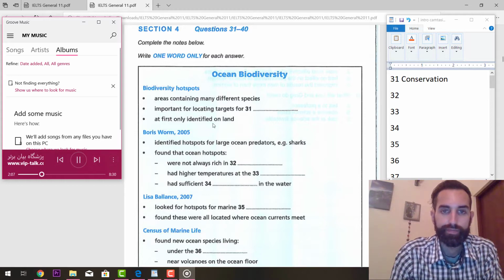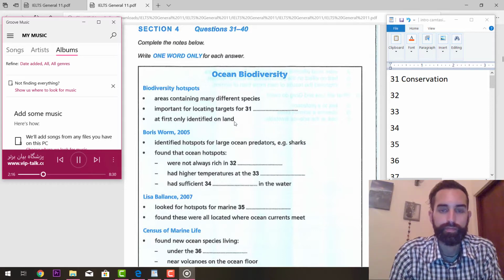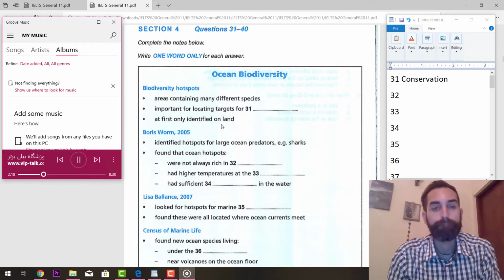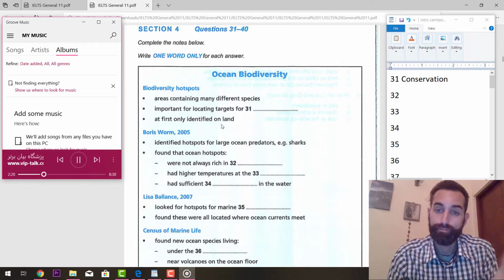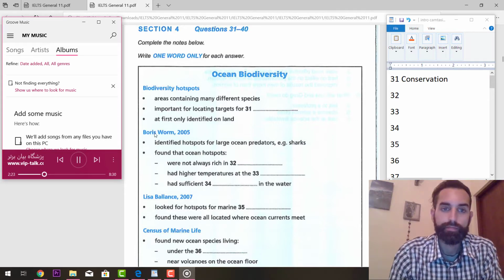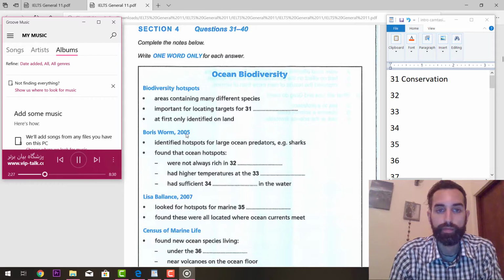Scientists can identify hotspots on land fairly easily, but until recently, very little was known about species distribution and diversity in the oceans, and no one even knew if hotspots existed there. Then a Canadian biologist called Boris Worm did some research in 2005 on data on ocean species that he got from the fishing industry. Worm located 5 hotspots for large ocean predators, like sharks, and looked at what they had